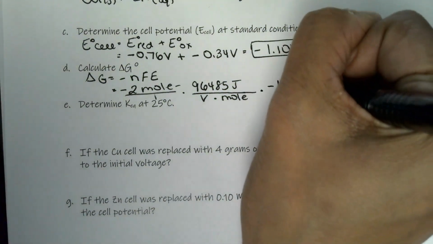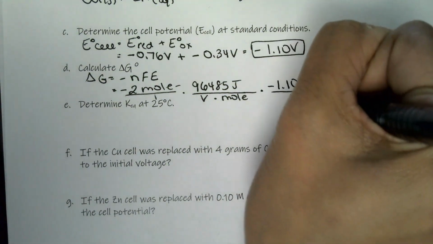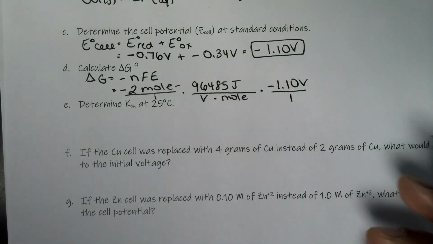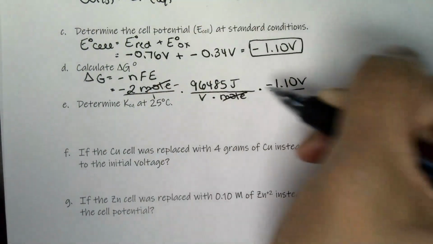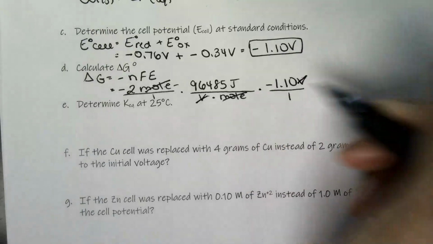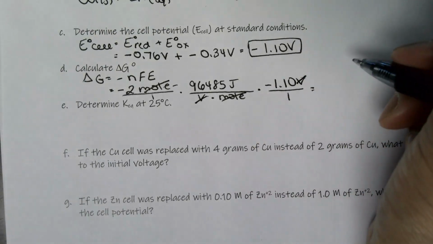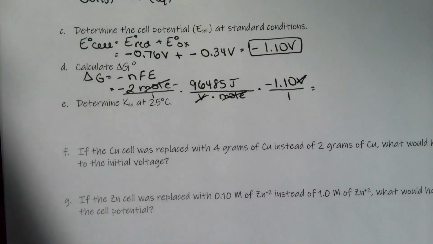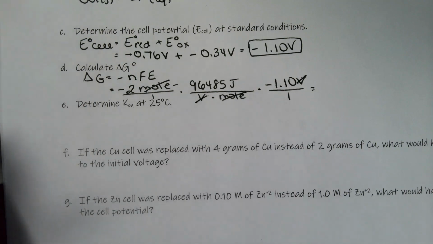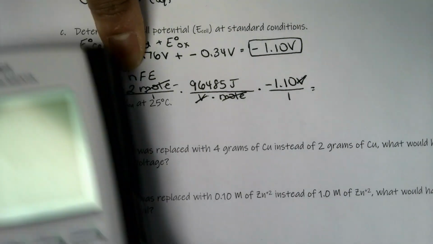And my negative 1.10 volts, get that over 1. Let's see what cancels. Moles cancel, volts cancel, and I'm in joules. So ideally, we would have this in kilojoules. I just didn't ask you. And if they don't ask you, don't do it. So we have